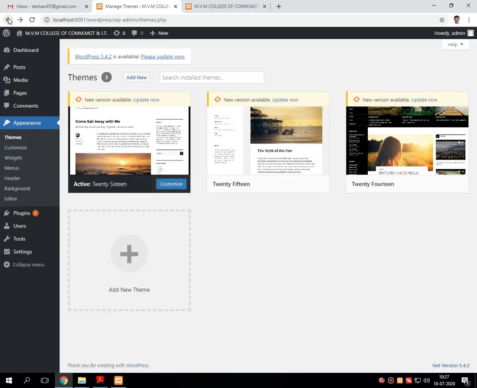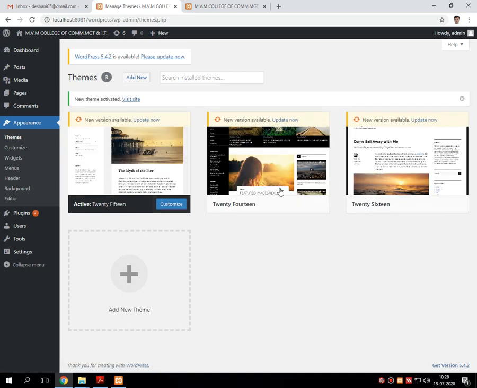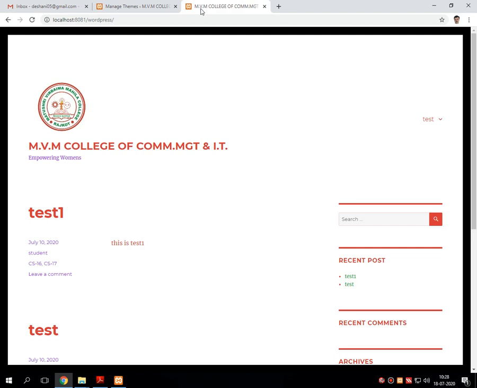There are two ways for that. Number one, directly press the activate button over here. Then automatically that particular theme gets activated and comes to the front as the first place. Now I am not going to change anything over here.